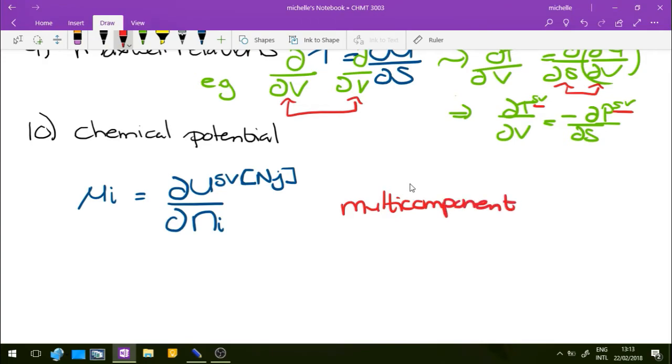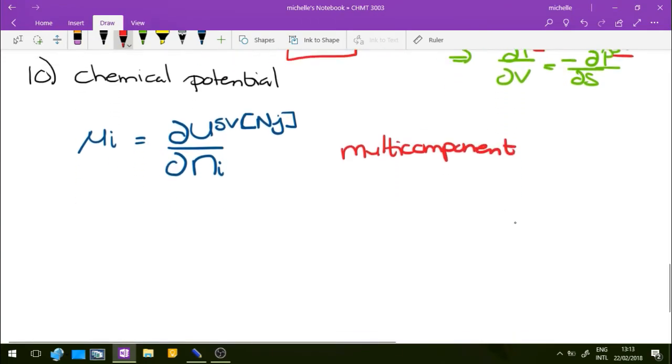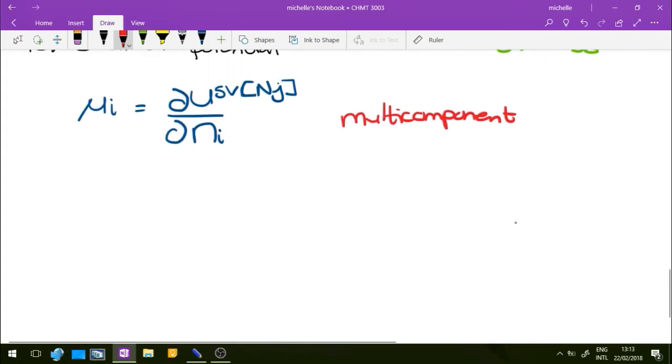So far, the equations you see in your equation sheets, when we did them in the lecture, are for pure components, because you can't have du by dni for one component. So therefore this is only for multi-component